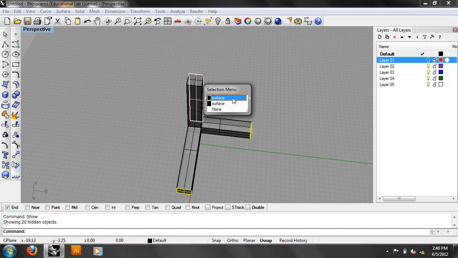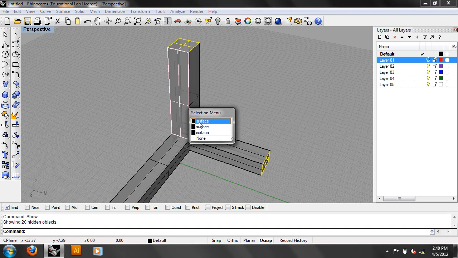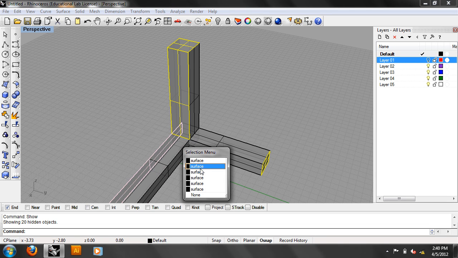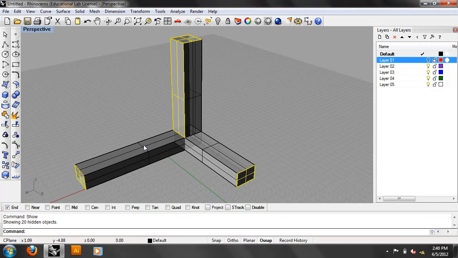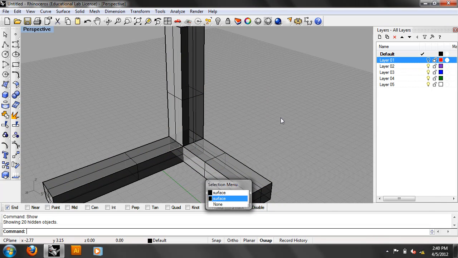So I'll choose the ones that I want to keep and delete the rest. So here I'm just holding shift down. I missed that. So these are the ones I trimmed before. Oh, those need to be trimmed. Anyway, so